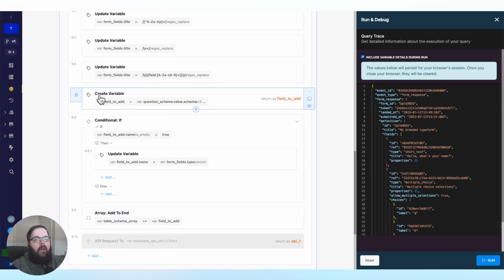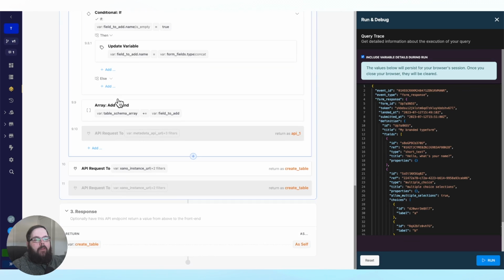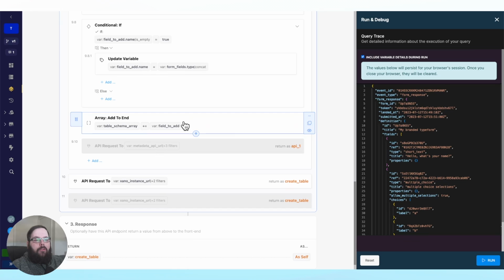We then build the final schema for that table, and we check to make sure that the name is not empty, just in case you have a question in Typeform that does not actually have a question, and maybe it has just answers. We wanted to make sure to prepare for as many scenarios as possible. And then finally, when we're all done, we verified the name, we've built the schema, we add that schema to a new variable